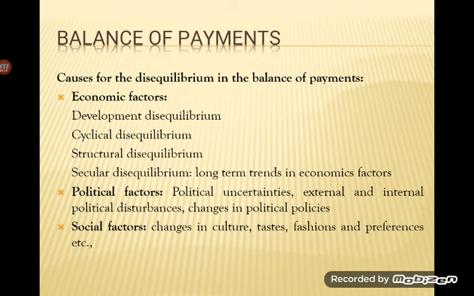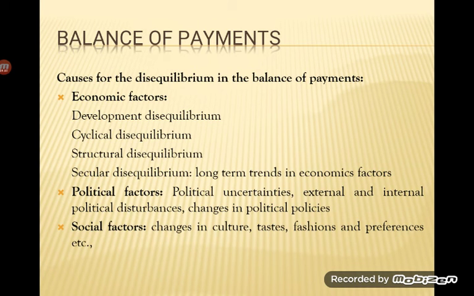So I will say it is infinity and beyond. They have to spend so much money. There is no end for the money that is spent by the government. So when they are making all these changes in a particular economy, definitely the spending of the government increases. Even though export earnings are increasing, due to uncontrollable spending by the government, the payment is also increasing, and that is overtaking the income earned by the country. So that is what is called secular disequilibrium.